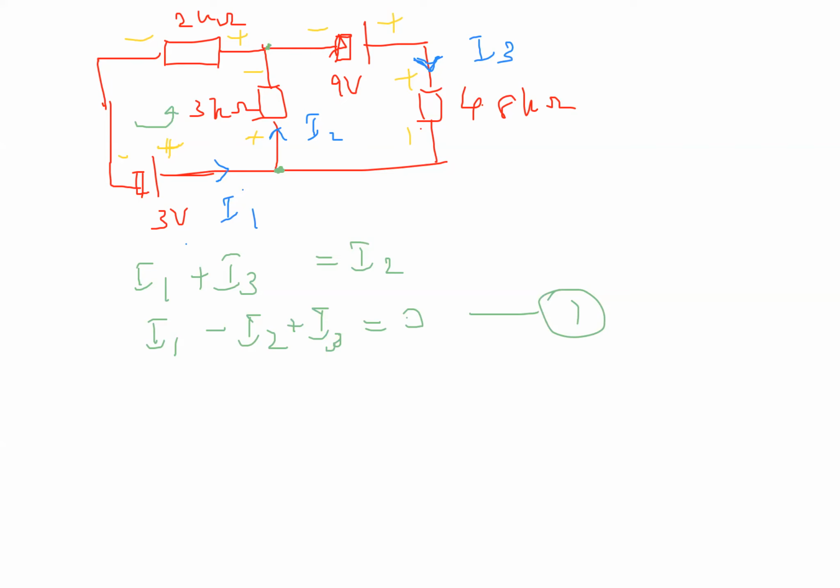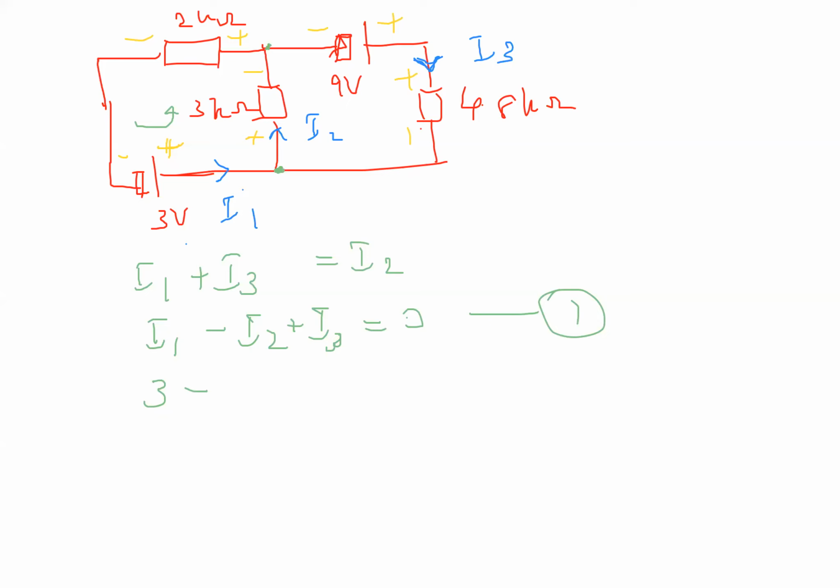Because of that, we will say 3. Then go like this in the loop. When you come to the 3 kilo ohms one, it is positive to negative. Is it drop or rise? Drop. Very good. So because of that, drop should be negative. If you think of rise as positive, drop should be negative. Okay. Now 3 minus